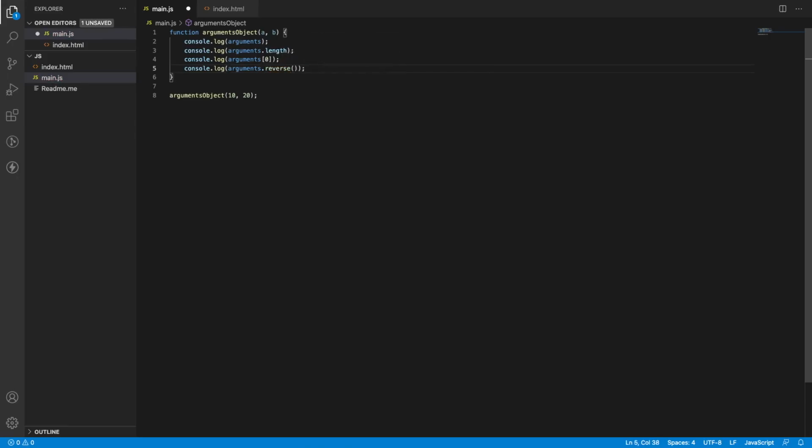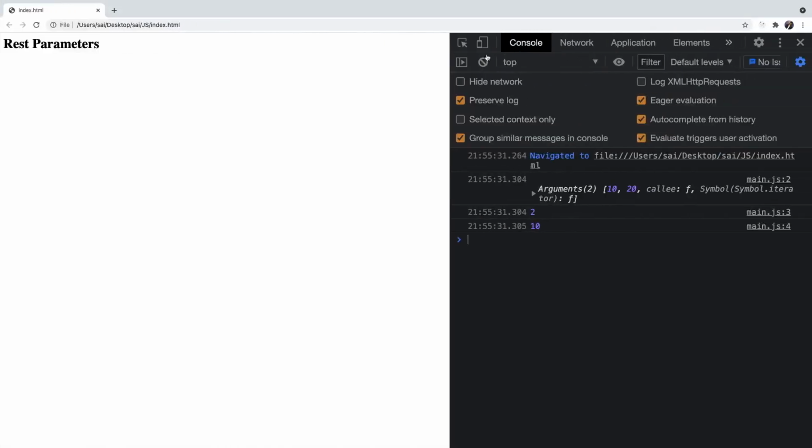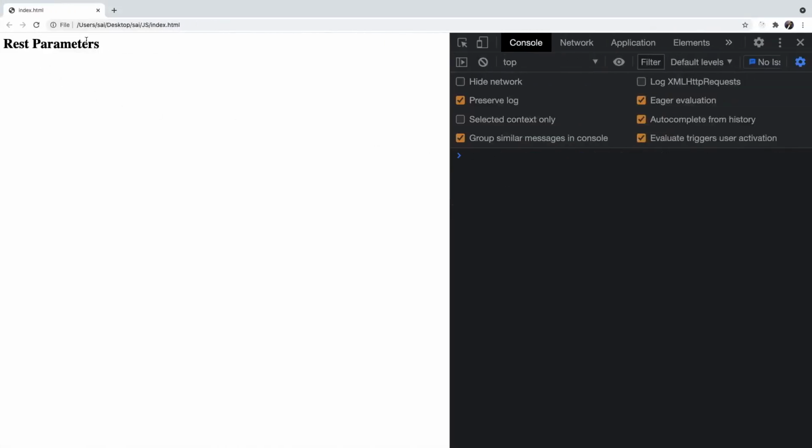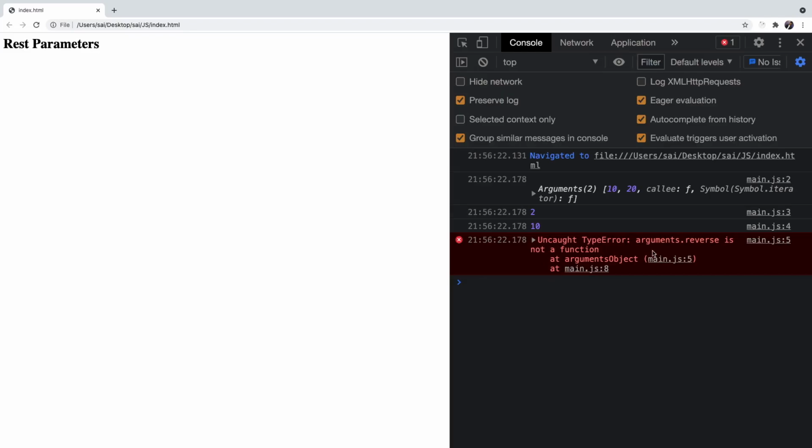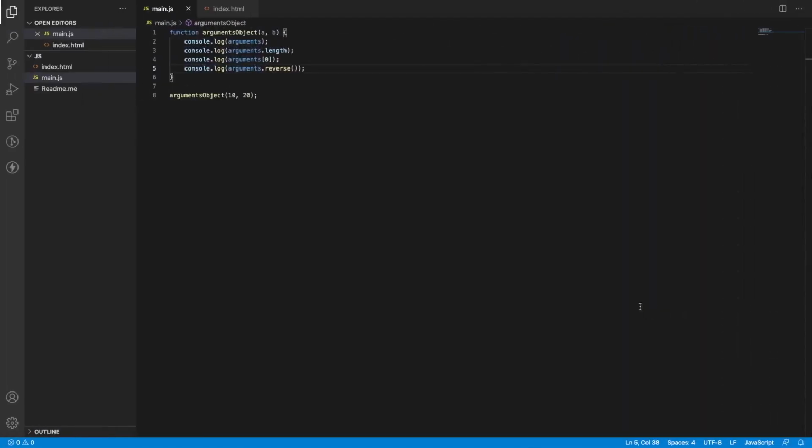Reverse is a method used on arrays. Let me go back, clear the console, and reload the application. Here I'm not able to use reverse. Why? Because it's not an array. It acts like an array, but all the methods of an array are not accessible by the arguments object. So we can say the arguments object looks like an array, but is not exactly an array.